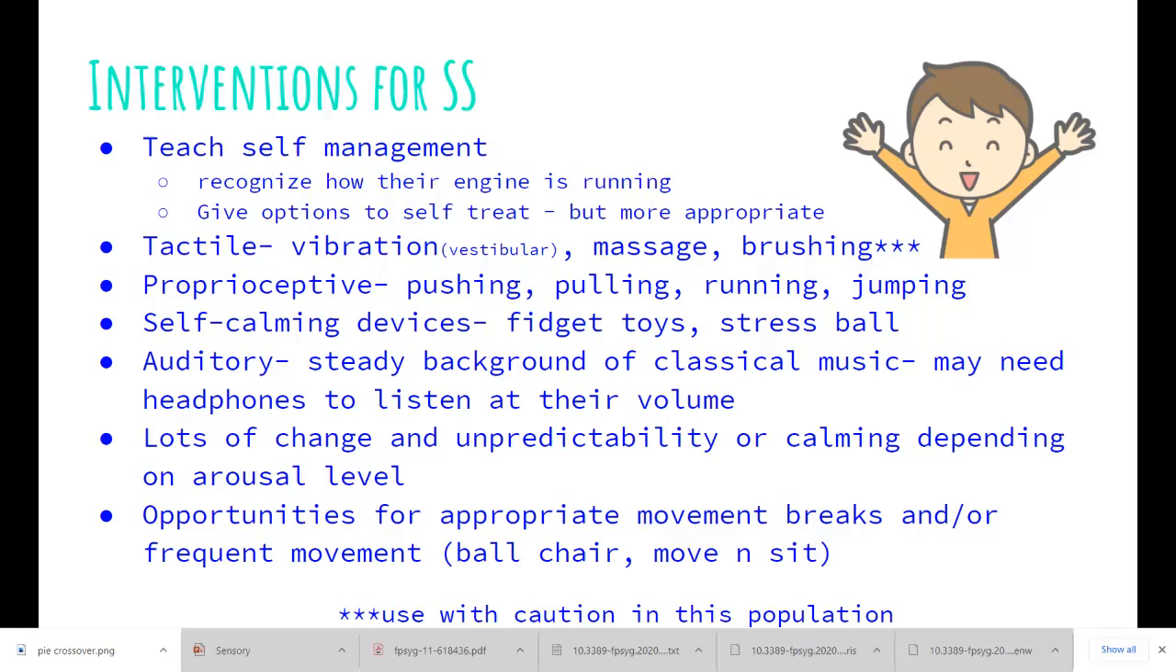These are the kids that you want to talk to the teacher about and give them opportunities throughout the day for appropriate movement breaks or frequent movement. I'll show you some examples, like the ball chair, the move and sit. That allows them to fidget a little in their seat, but it becomes a lot less disruptive. These are the kids that really do well with a sensory diet, where you plan out their day and give them